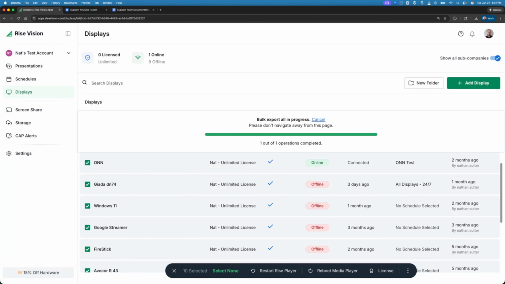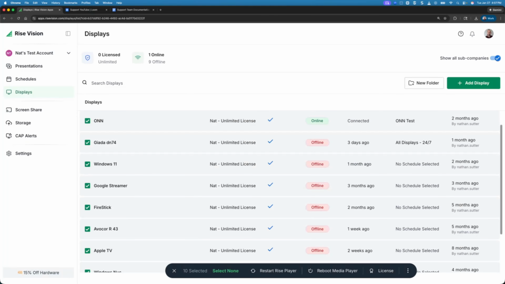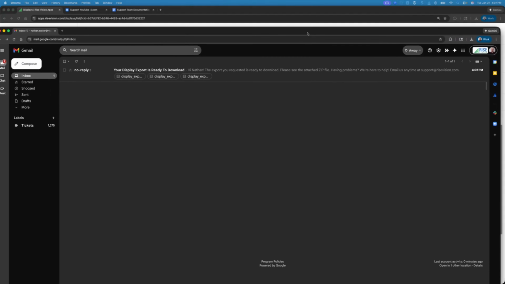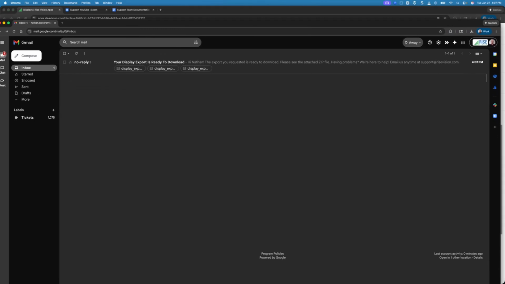In just a moment, you'll get an email from noreply@risevision.com with a zip file. It'll look a lot like this. Inside of that, you'll find a complete breakdown of your display information for all your displays in your company that you selected, including company ID, name, parent company, IP addresses, MAC addresses, viewport, height, width, any details that you would